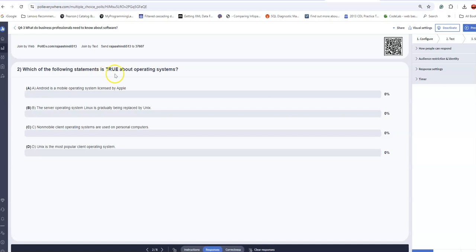Which of the following statements is true about operating systems? The operating system is the main system software that manages the hardware components and everything within the computing device.